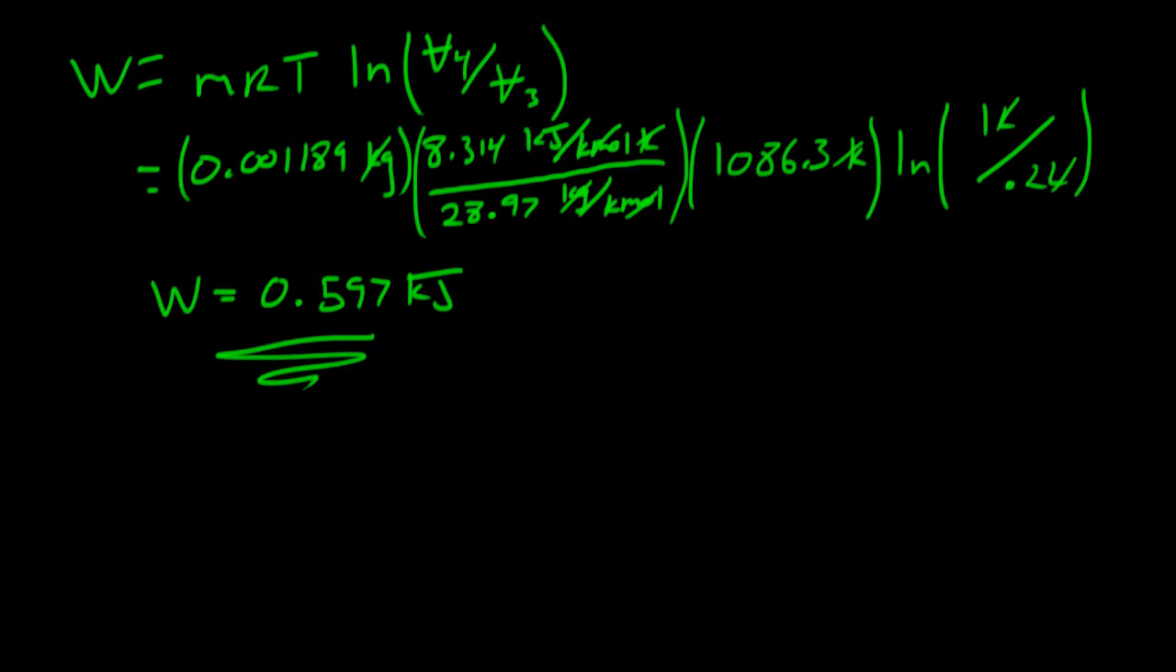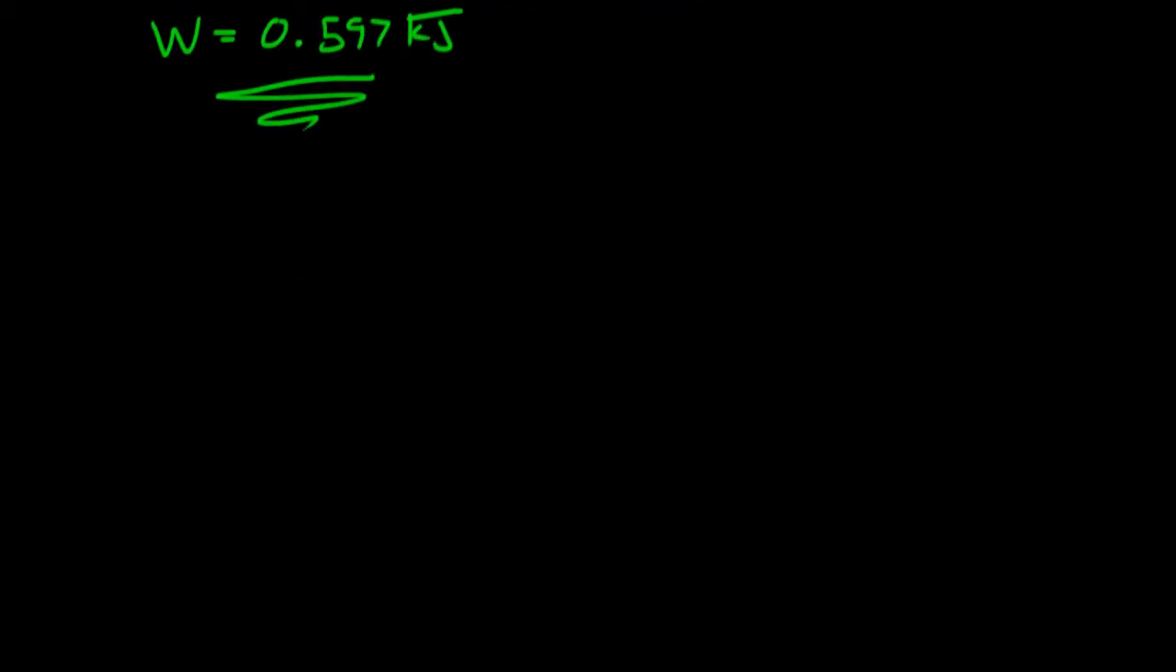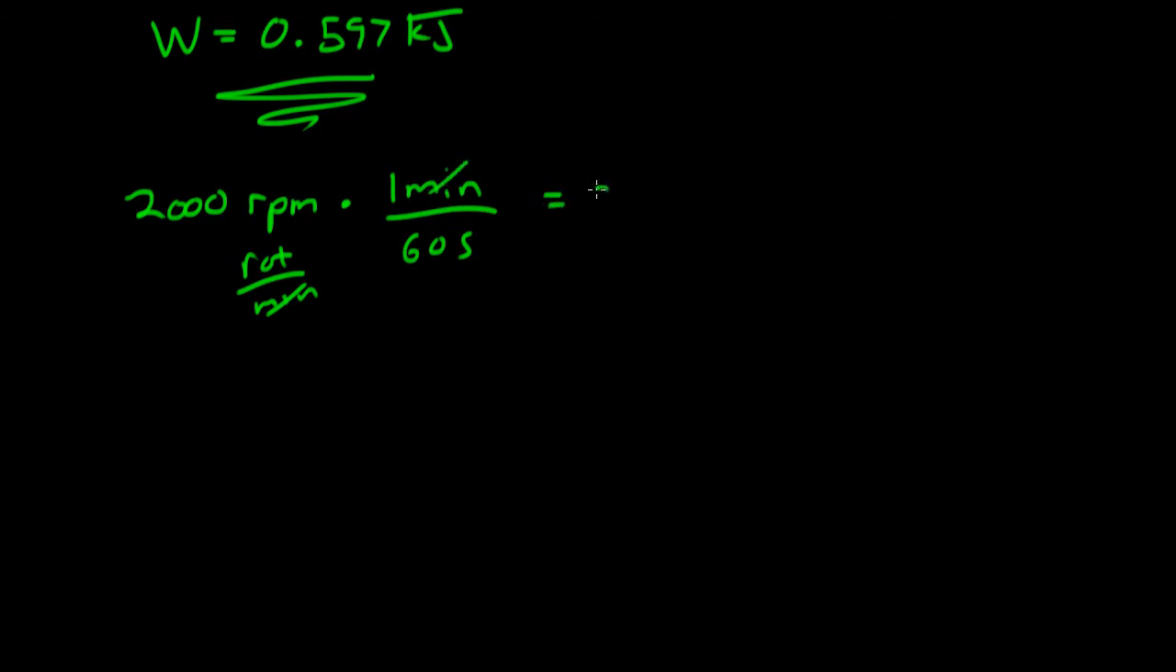Let's compute the power. In an internal combustion engine, each cylinder runs through a power stroke once per revolution. If the engine is running at 2000 RPM, that results in 2000 RPM times 1 minute or 60 seconds to cancel the per minute. Remember, RPM is rotation per minute, so the minutes cancel, equals about 33